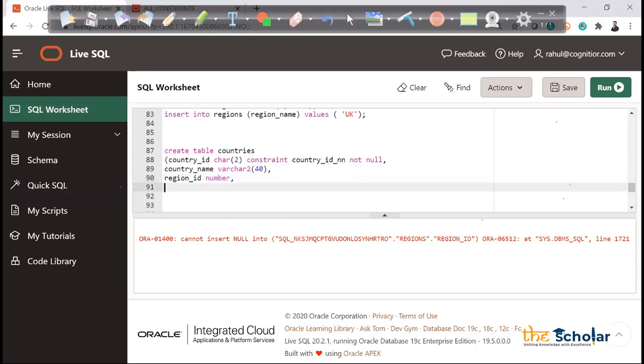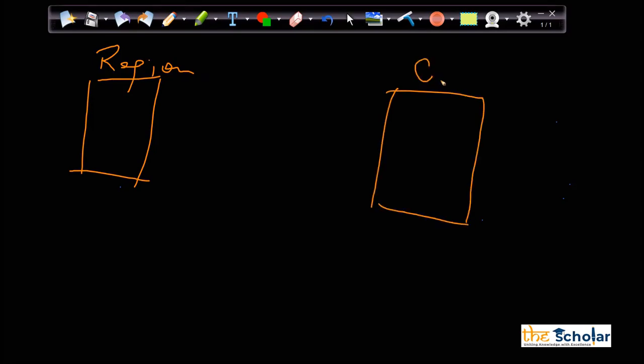Now, try to understand that I have a table called region, and I have a table called country.